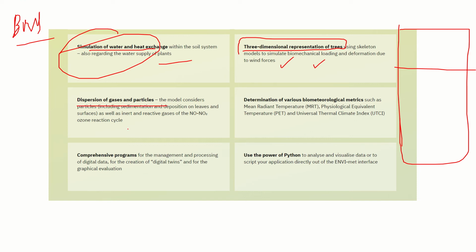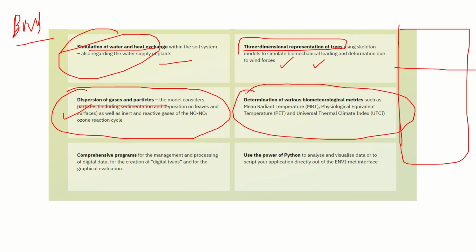Okay, and in fact we can also analyze air pollution. Probably we may not be directly using it. Even with both the batches, we don't do this kind of work. Maybe if somebody is interested, we can do that. The software can generate that. And especially, both the landscape and the sustainable architecture students may be interested in understanding what is MRT, what is PET, and what is UTCI.